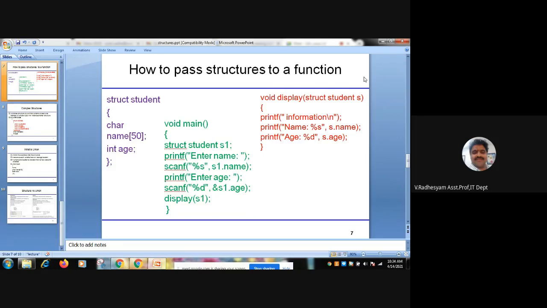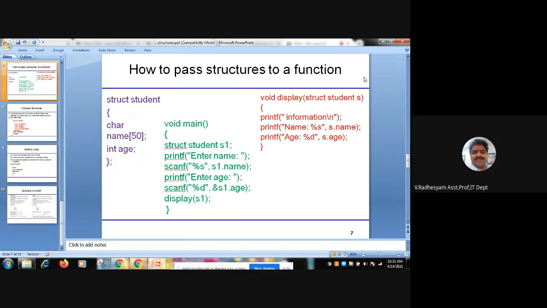Calculate SD is the function name. What is the argument we passed to calculate SD? Data, sir. Yes, but that data is an array variable. So we are passing that data as an argument to the user defined function calculate SD.